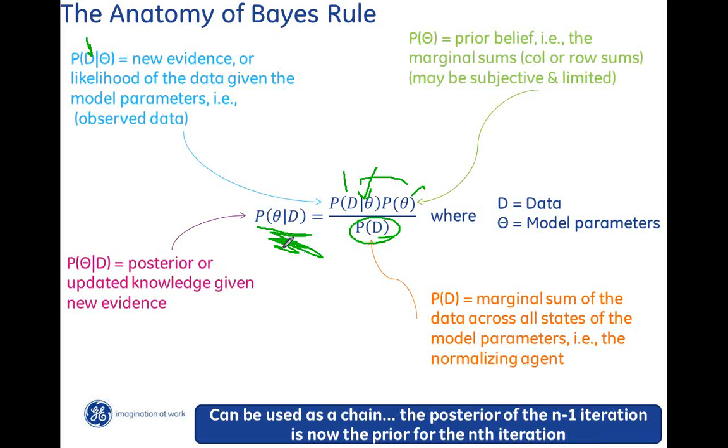Okay, that's the first iteration. The beauty of this is it can act as a chain. As you gather more data or become more informed, you can proceed through an n-length chain where this now becomes the prior knowledge, because it's the knowledge you had before you observed the data. Marry it to your more informed information, and you have an updated belief system. So basically, it's a learning model. All right.